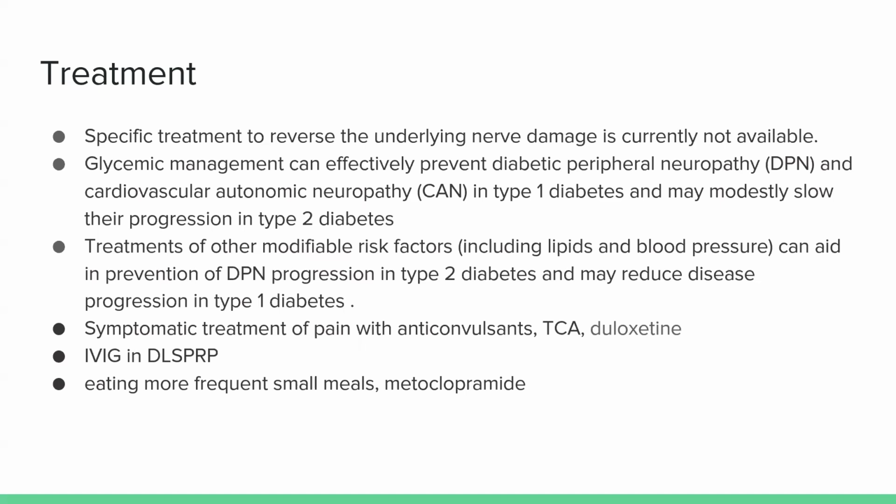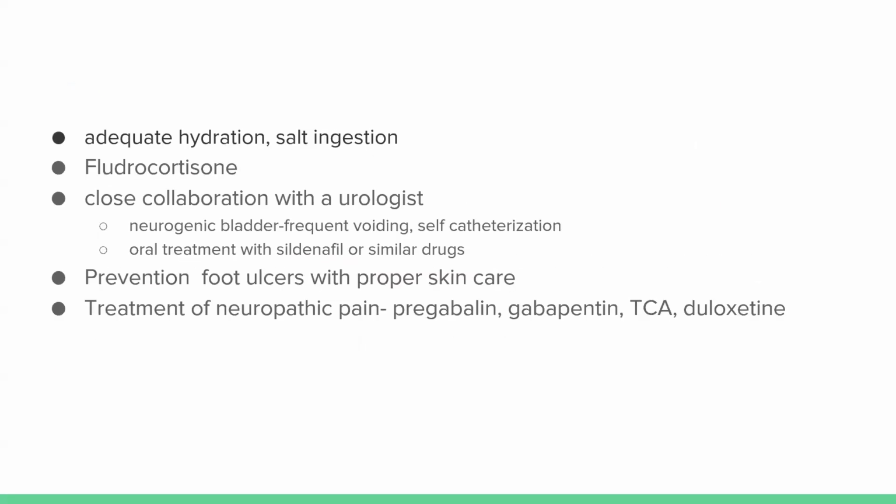Simple practical advice that we can give to our patients. The patient has gastroparesis, eat small frequent meals. Use maybe metoclopramide. For orthostatic hypotension, adequate hydration and salt ingestion. Sometimes fludrocortisone can be given. In patients who have genitourinary problems, collaborate with the urologist. If there's neurogenic bladder, then